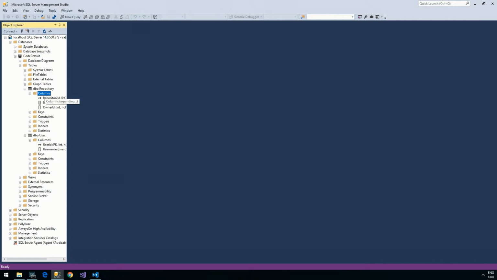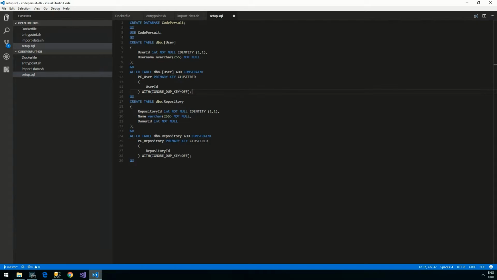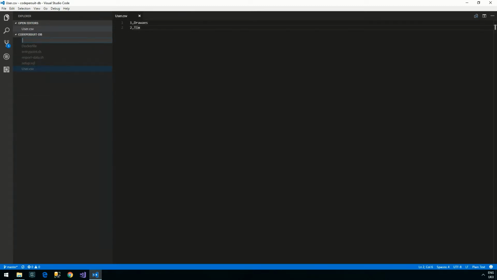Columns and the non-null constraints. Excellent. So we'll exit out of there and head back over to Visual Studio Code. We're going to make two files. One I've just dropped in there already, and we'll just look at the second file. So we're going to make user.csv and repository.csv,